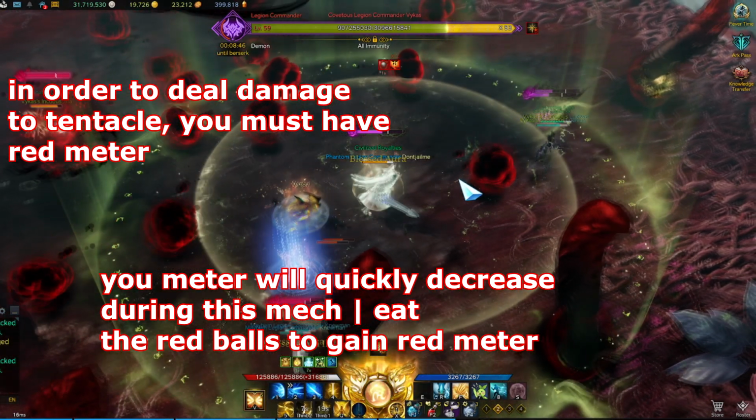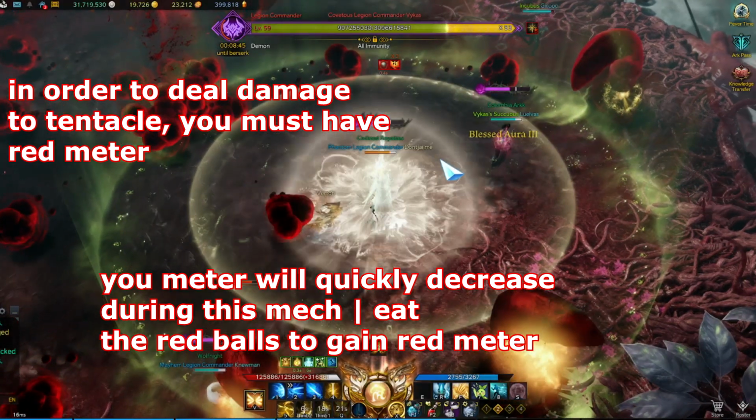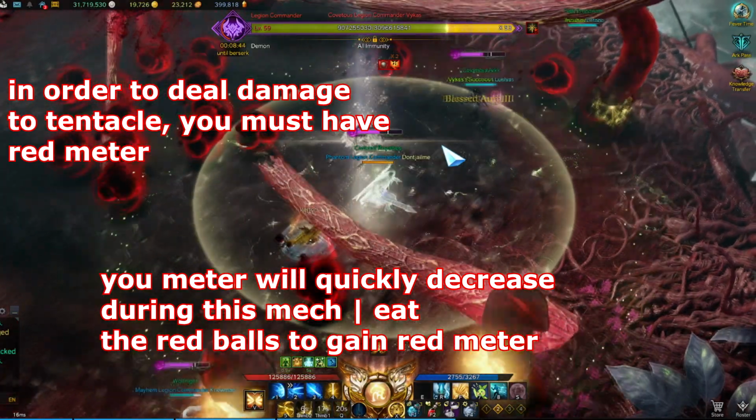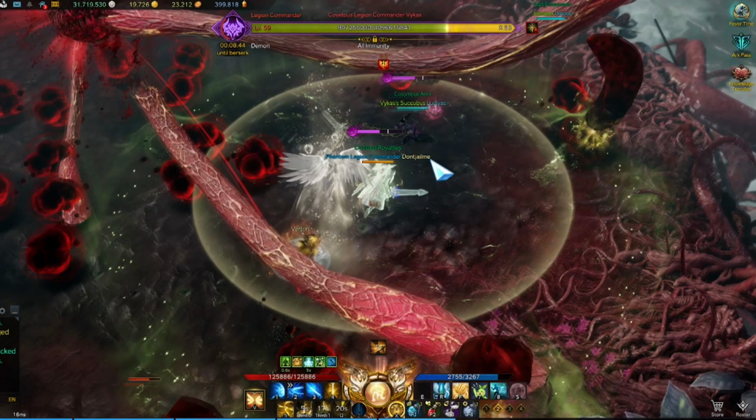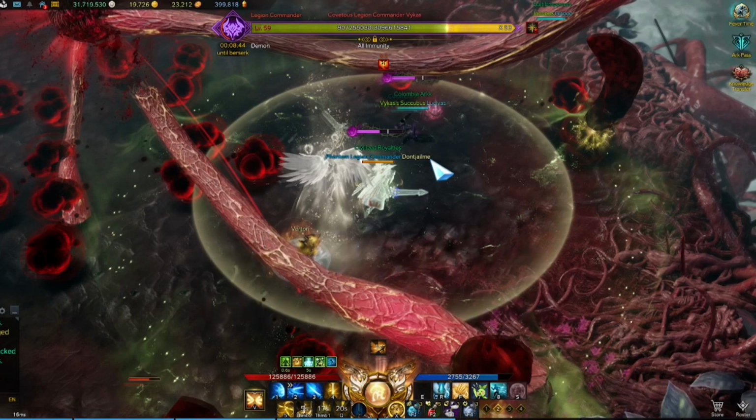During the course of this mechanic, your meter will quickly go down. So you need to eat the balls that are flying in, then quickly destroy the tentacles. The strategy that most groups go by is Party 1 going left side and Party 2 going right side. You will start at the top left or top right and work your way down, killing the tentacles. Having your meter close to full should give you enough time to kill 1 or 2 tentacles, maybe even more